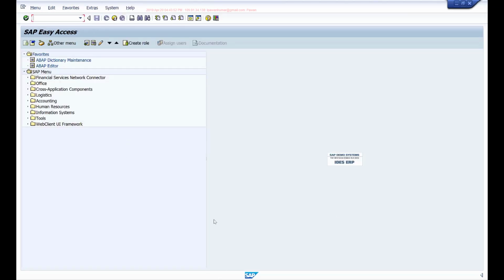Okay, so these are the statements that you can use to control your screen processing. So you can use call screen, leave screen, or set screen statements. Just to summarize, call screen will stack the current screen and call the next screen. There is a limitation on how many screens you can stack. So you can stack a maximum of 50 screens. So if you are using this call screen statement repeatedly, then you will reach a stage where the stack will be filled with up to 50 screens and it will give a runtime error. So SAP recommends that wherever possible, use the leave screen statement instead of call screen statement. So unless it is absolutely necessary for you to stack the screen, don't use call screen.